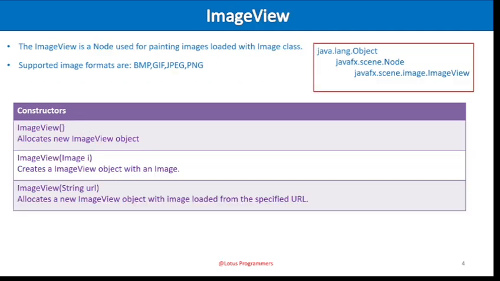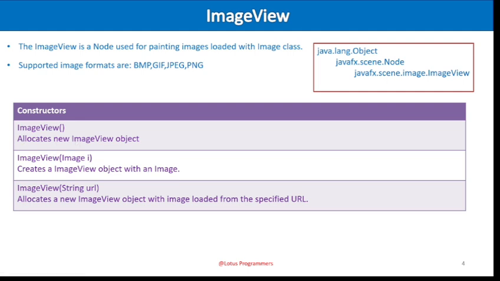Next, we would like to go for a discussion of ImageView. In order to add an image to the JavaFX scene, it is not added directly, but is added through the ImageView component, or through the label component, button component, or any other graphical user interface component. The ImageView class's parent class is the Node class, and the parent class of Node is the Object class. The important constructors of the ImageView class are ImageView without an argument, which creates an ImageView without specifying an image object,